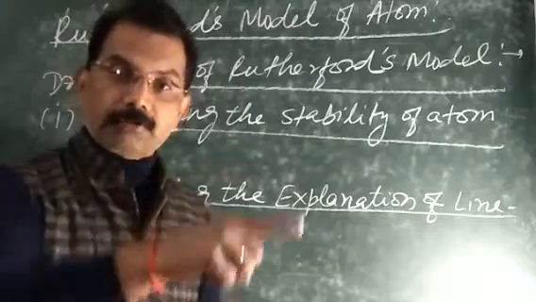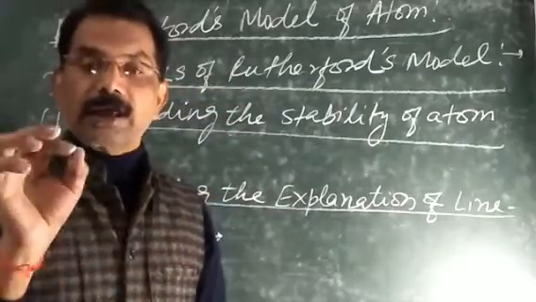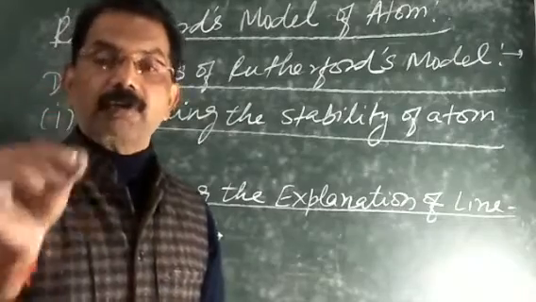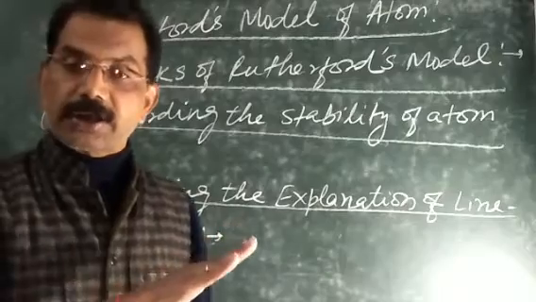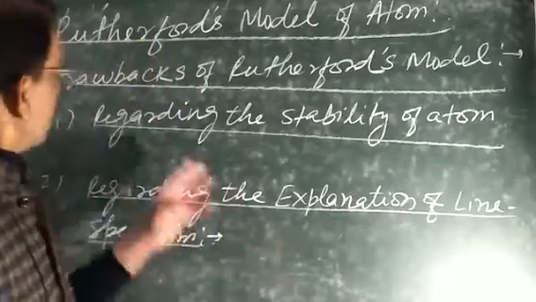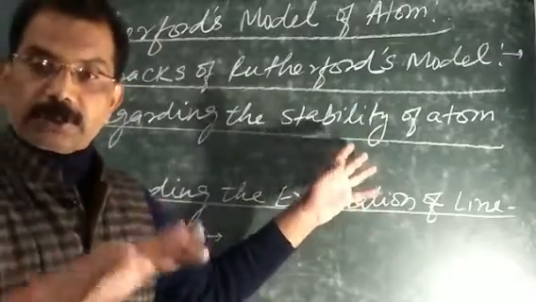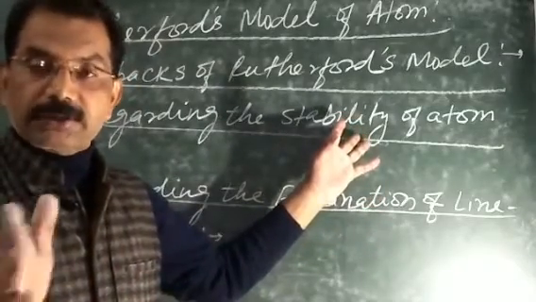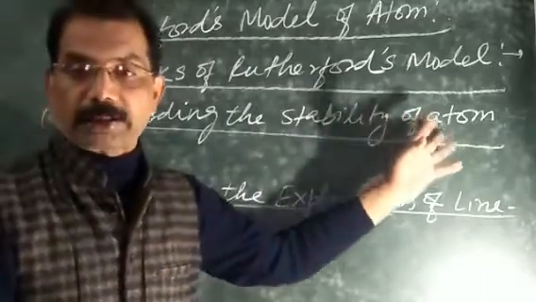And so its radius becomes smaller, and a time will come when that electron will fall into the nucleus, and in this way you can say there is no existence of the atom. So regarding the stability of the atom, जब इलेक्ट्रॉन न्यूक्लियस में गिर गया तो इसका मतलब उस समय कोई एटम का एग्जिस्टेंस नहीं रह जाएगा। तो रदरफोर्ड ने इस बारे में कुछ नहीं बता पाया था।